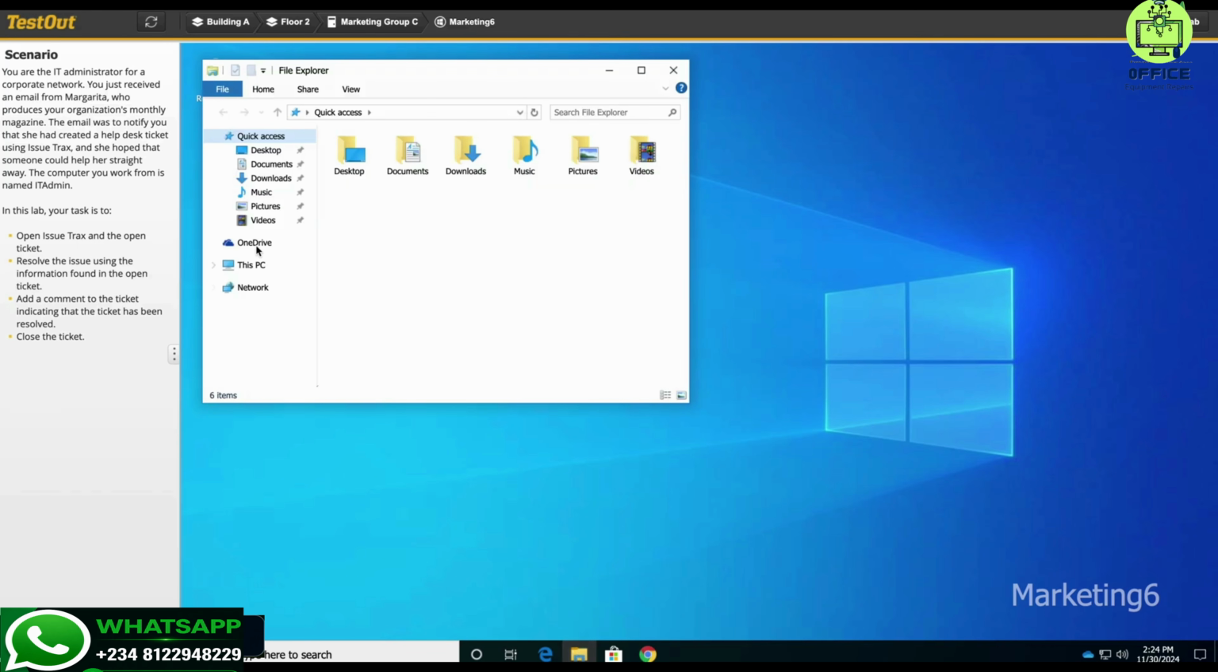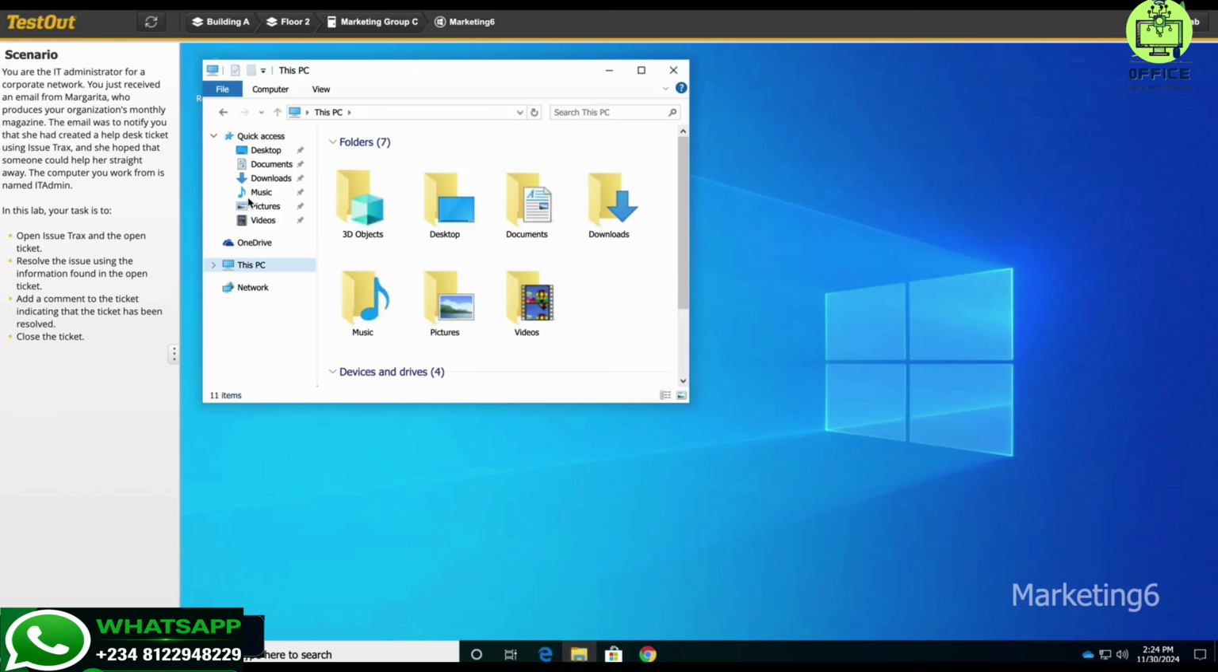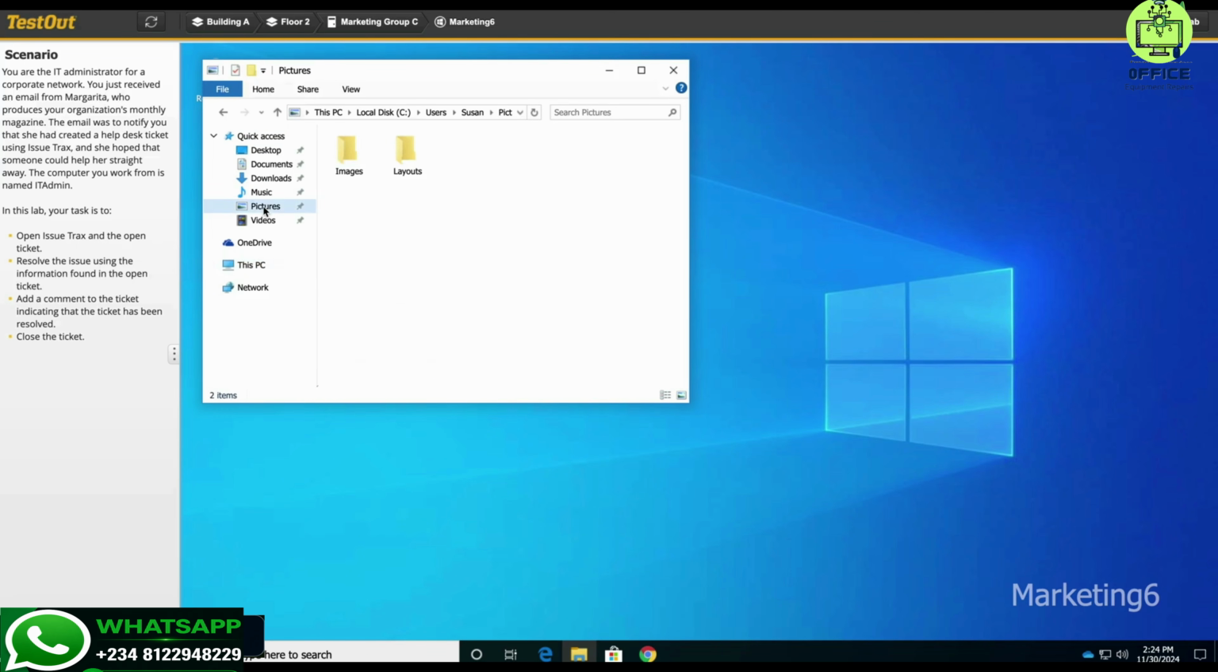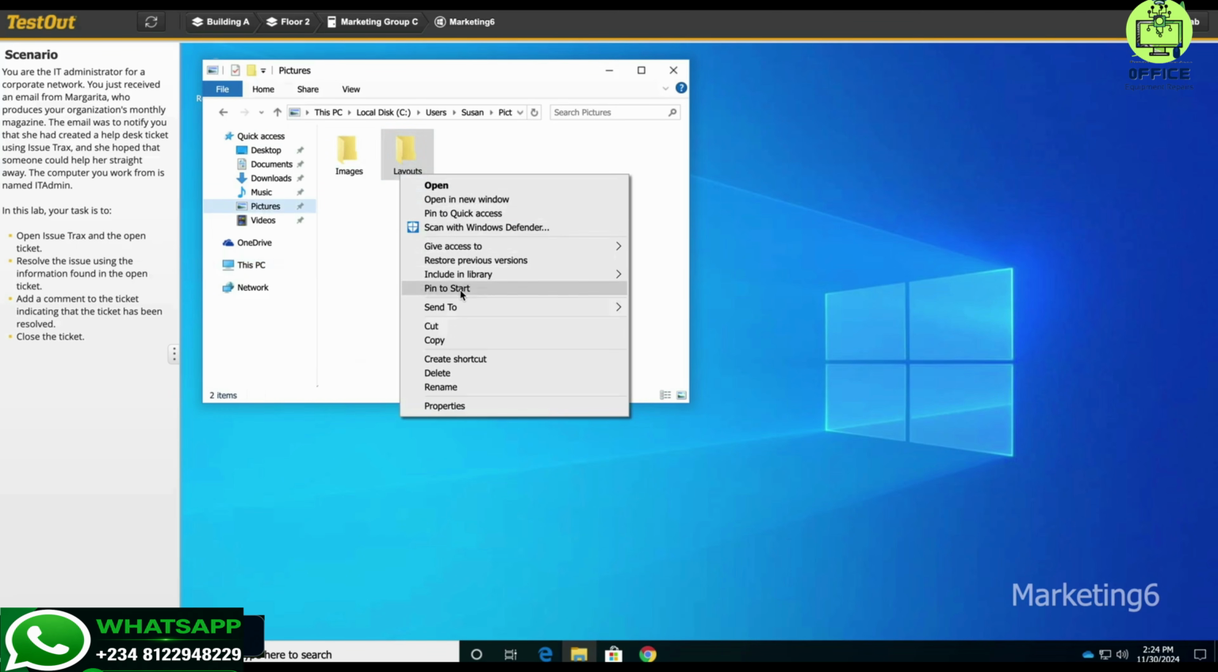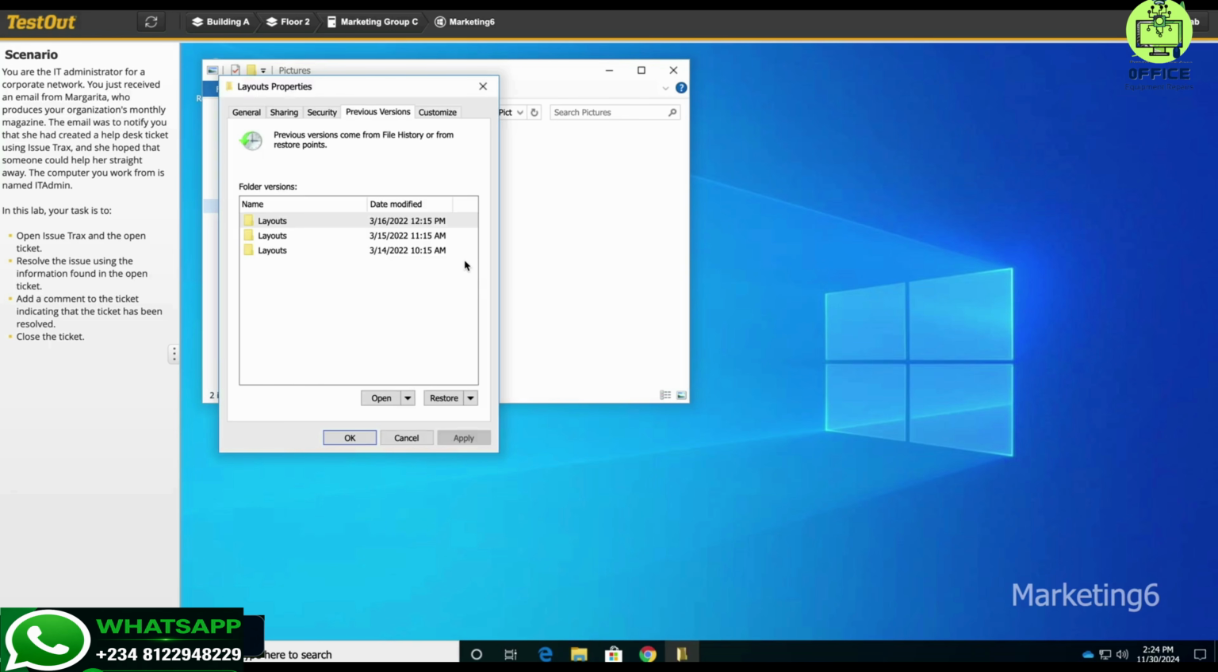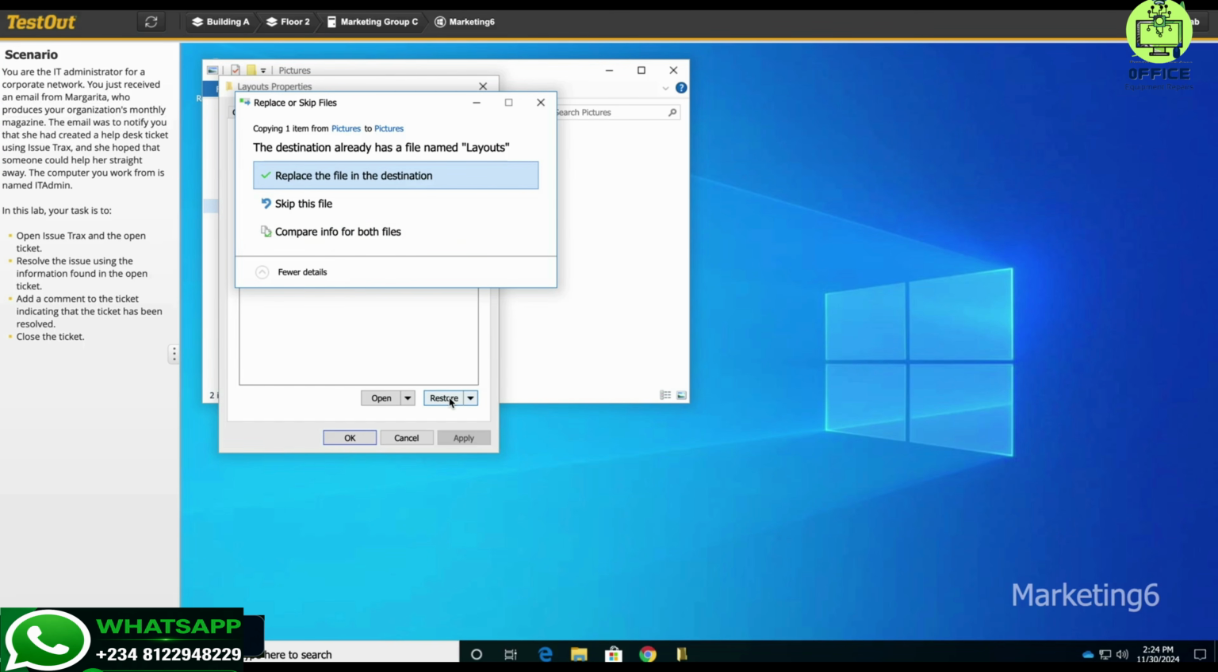And here we want to download pictures. Let's look at the layout. Let's go to restore and we'll go to layout this, and we'll go ahead and restore this, and we'll go ahead and replace this particular one. We click OK